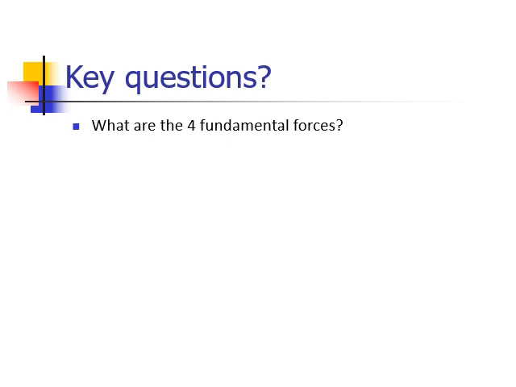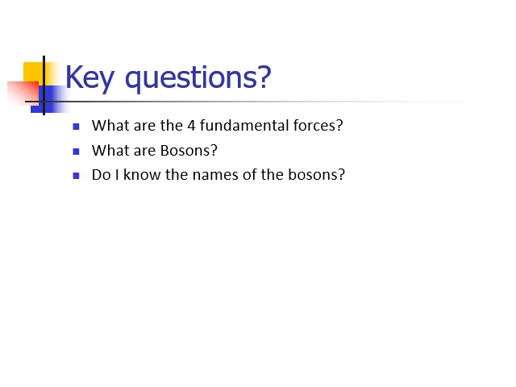So you need to know the names of the 4 fundamental forces. What are bosons? Their names, and just enough to say that they are the exchange particles to do with the force. That's the depth of the answer that you need for higher. What their names are, which force they go